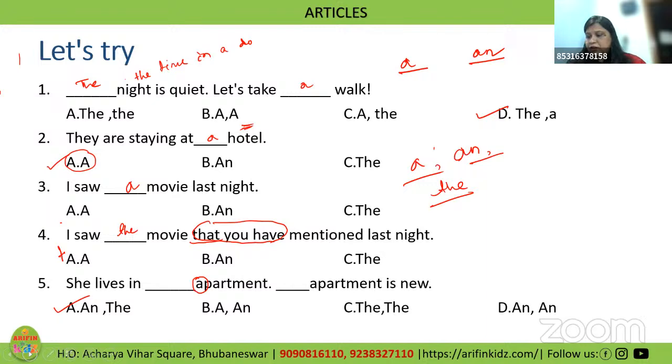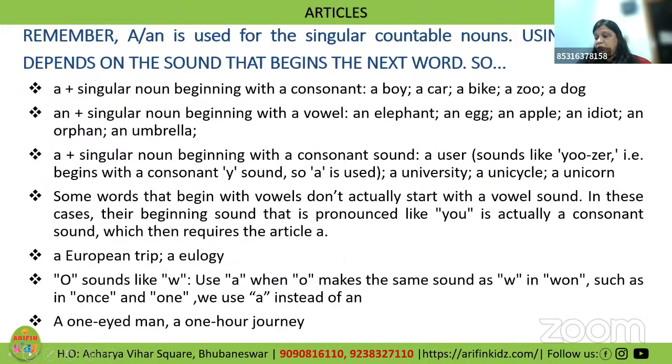Krupa, tell me whether it is a consonant letter or a consonant sound. Jayanti, you have written a is used for a consonant word. Now that is a letter, not a word. Either it can be a sound or it can be a letter. Okay, very quickly we'll go to the next slide. Most of you are very thorough about articles, and I think many of you have already attended the Olympiad classes last year.